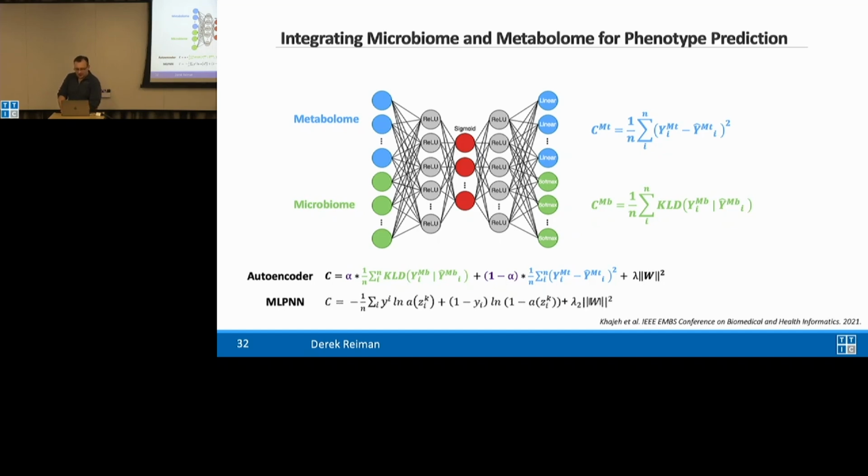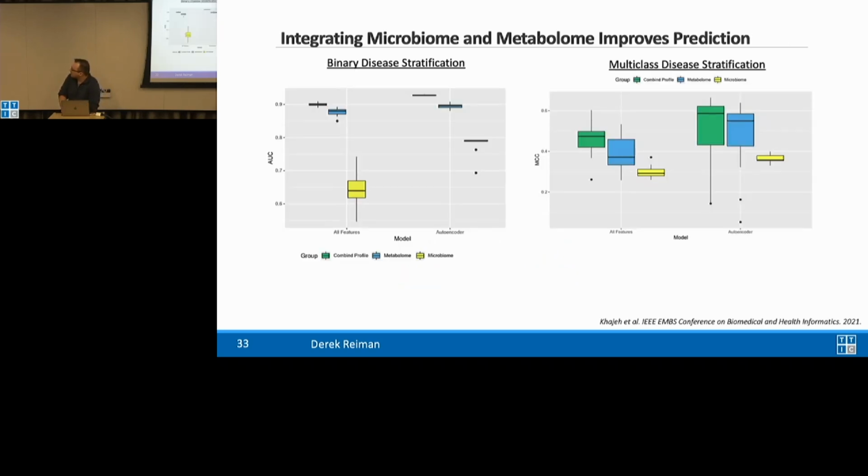And what we can do is, using our latent representation and our original features, compare some sort of prediction. For example, in this case, we'll be using a neural network with standard cross entropy loss. What we see is in both cases, when we're looking at a binary disease stratification, so healthy versus IBD, as well as multi-class, where IBD is split into both ulcerative colitis and Crohn's disease,